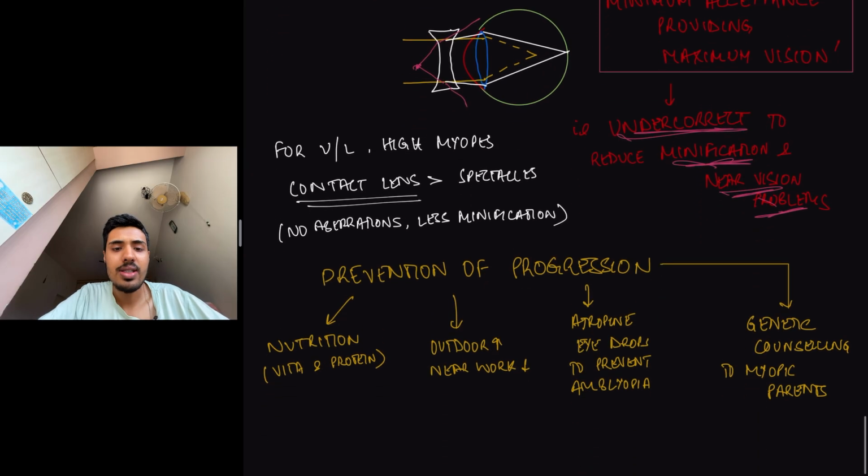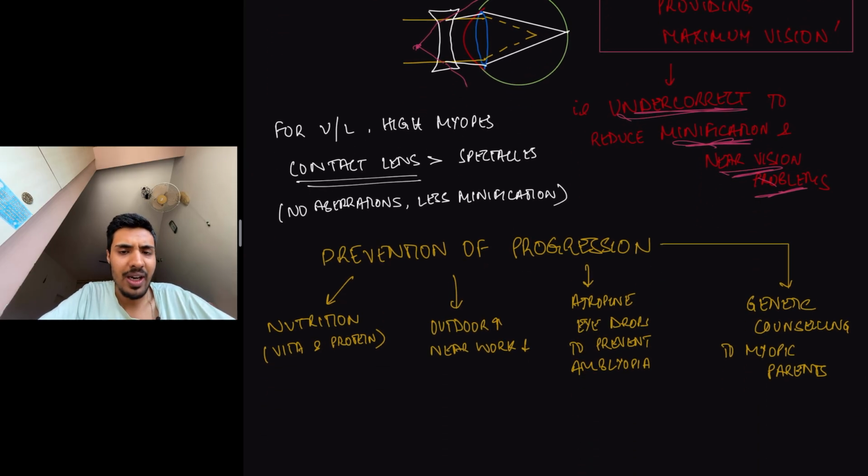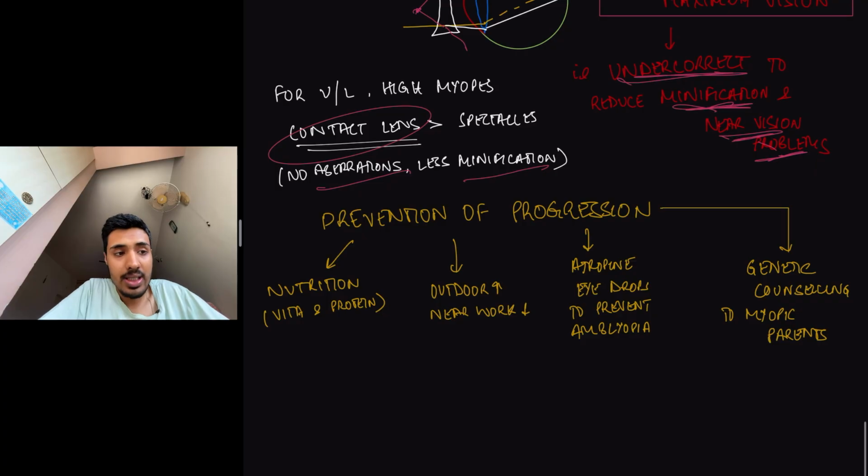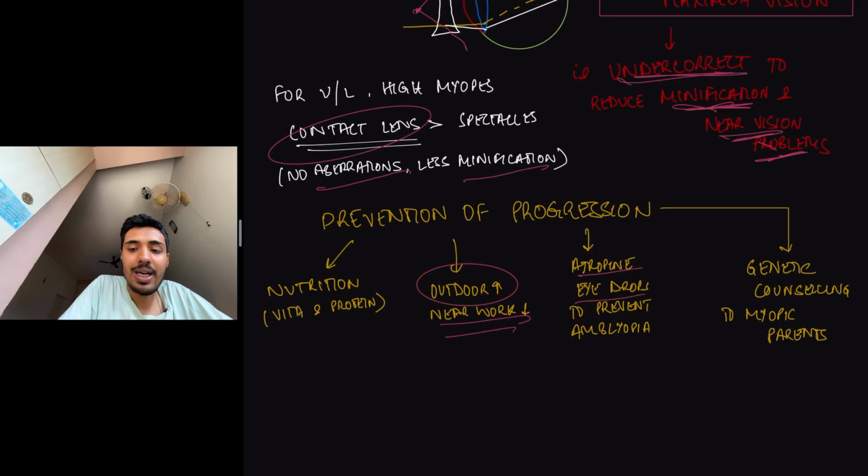Also, let's say the patient has unilateral and very, very high myopia. Then instead of giving spectacles, we'll always prefer contact lenses. Why? Because instead of having very thick lenses with aberrations and minification, we'll prefer contact lenses. Let's say a child has myopia and you want to prevent progression. Then you have to make sure they have a lot of outdoor activity and less near work. To prevent any amblyopia, you can give atropine eye drops,